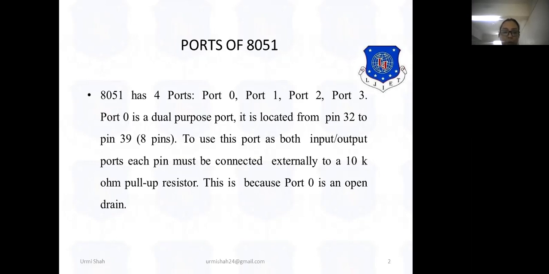See, there are four ports in 8051 and yesterday we have seen that the pin diagram of 8051 has 40 pins. The IC of 8051 microcontroller consists of 40 pins. So all these pins have been allocated for some specific tasks, and pin number 32 to 39, total 8 pins, are allocated for port 0. And this is a dual purpose port. You can use it as either input or output port.